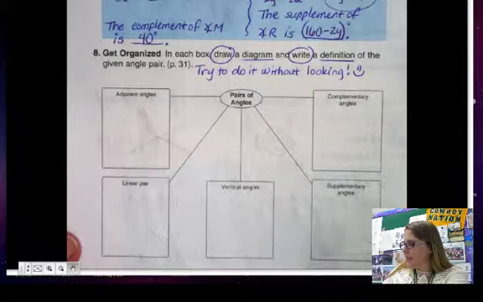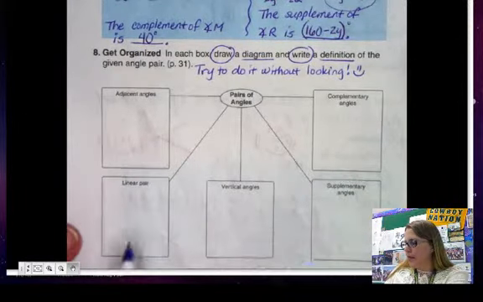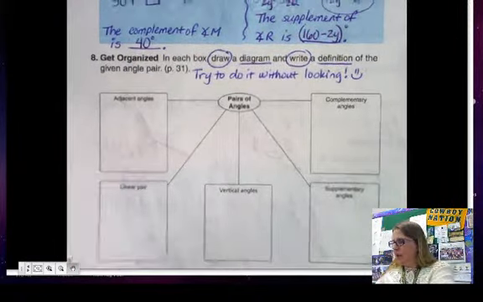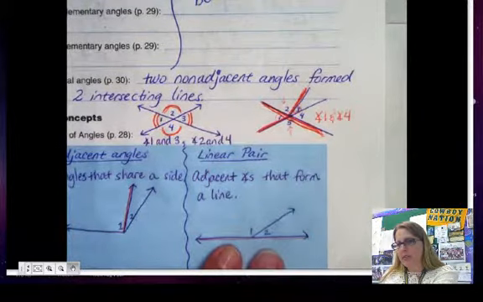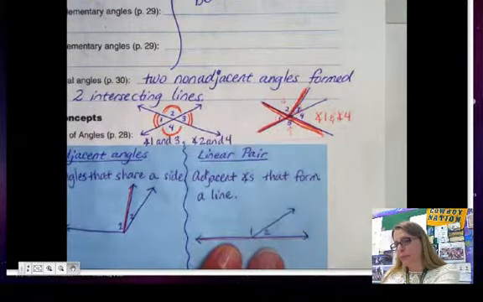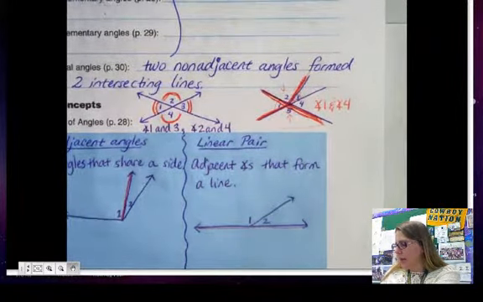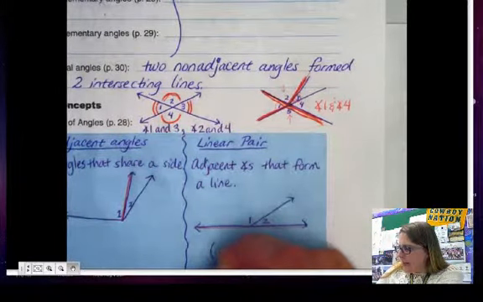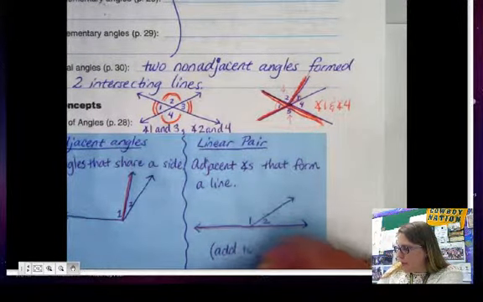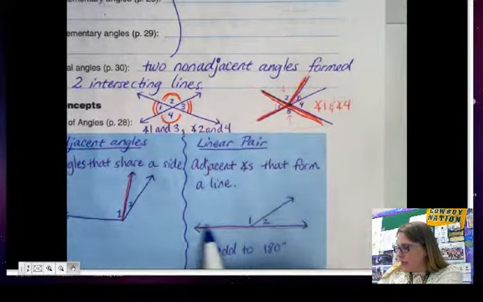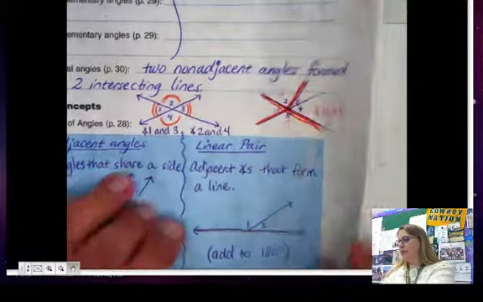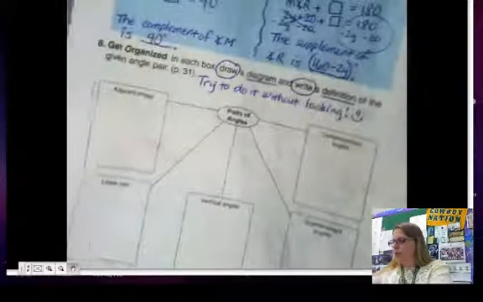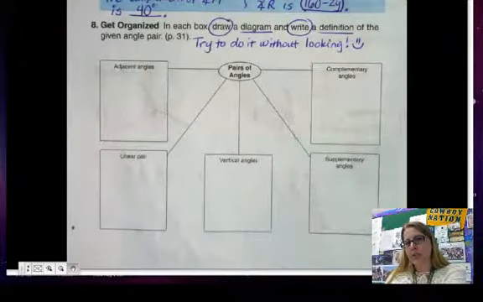You'll notice that a linear pair, because it forms a line, I wanted to point this out really quick, a linear pair is supplementary. So something else about a linear pair, they add to 180 degrees because a straight angle is 180 degrees. Okay, so go ahead and do this on your own. Try to do it without looking, and I'll check it when I check your